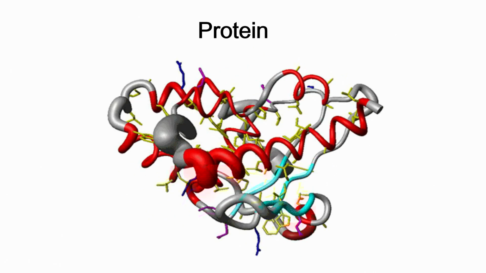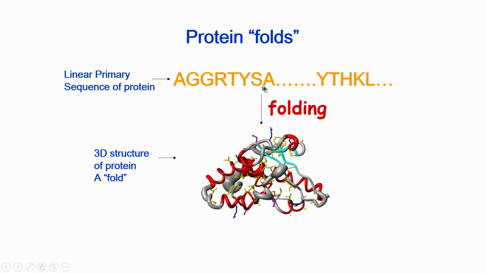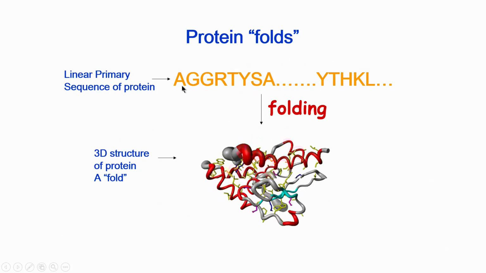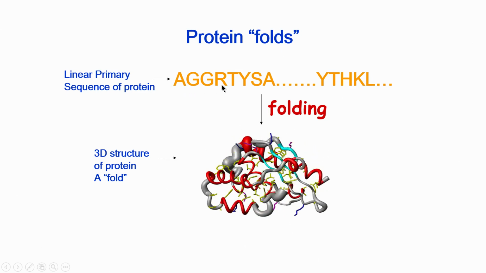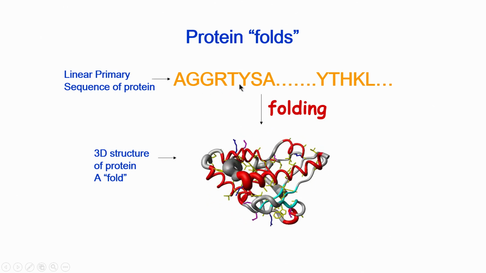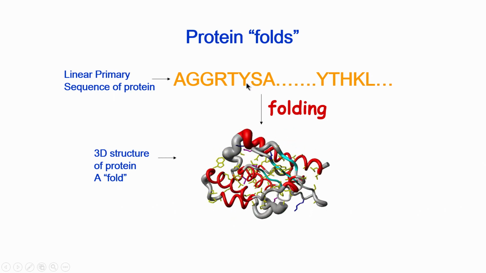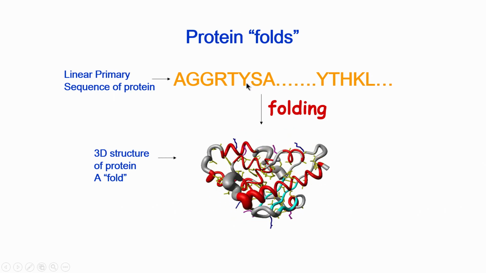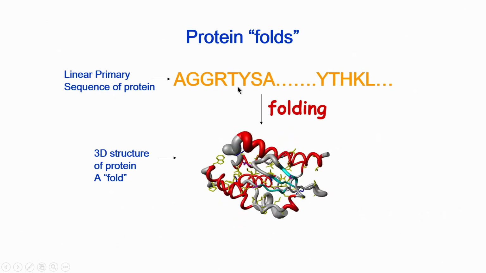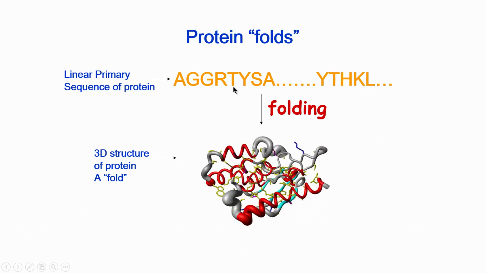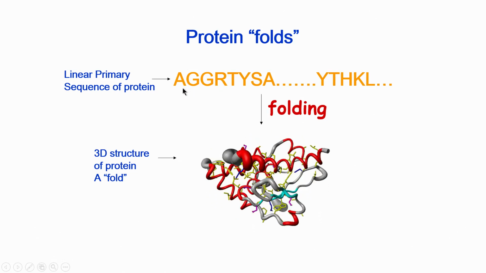protein structure. So, now this protein is made up of a linear sequence of amino acids. So, you can see this is the single letter code for alanine, G is for glycine, R is for arginine. So, each of the 20 amino acids has a single letter code assigned to it. So, for example, Y is for tyrosine. Okay. So, there is no direct correlation with the first letter, because tyrosine has T, but T is something else, this is threonine. So, I would recommend very strongly to actually memorize what the letter code stands for,